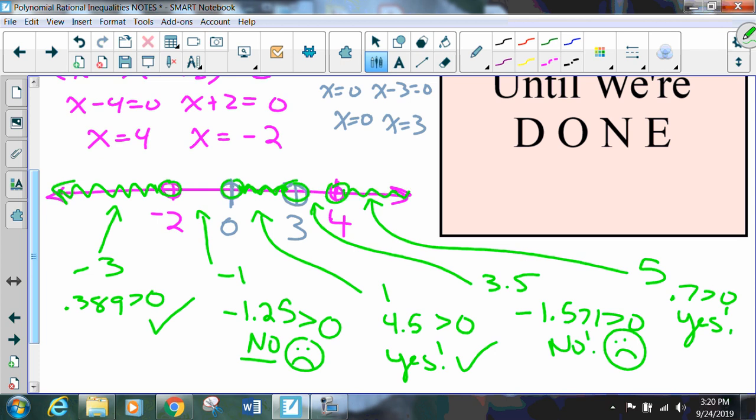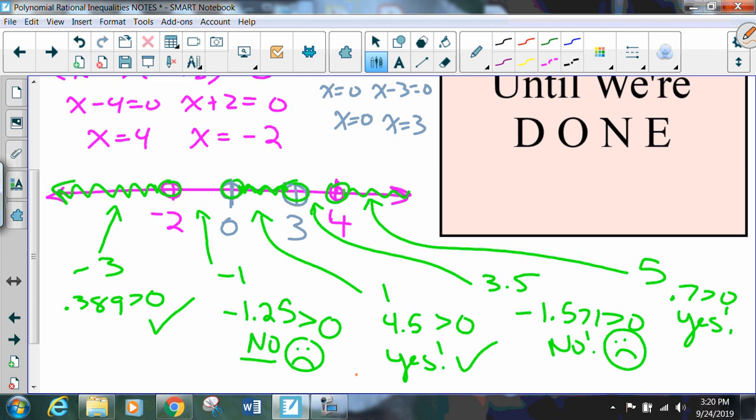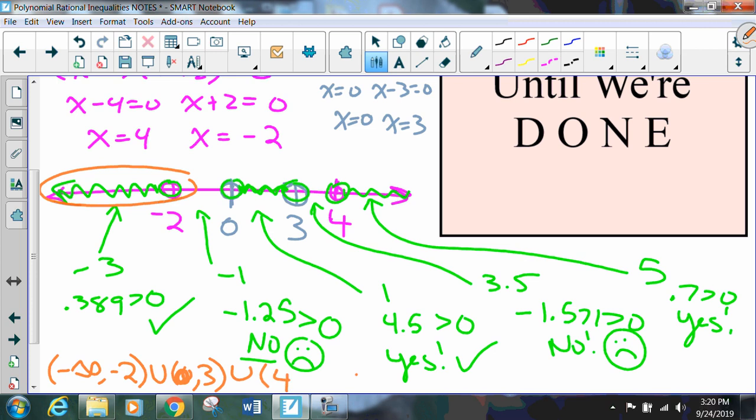And putting this all together, I'm probably going to need a different color because that was hard to see, wasn't it? All right, let's go with orange, and let's put this together. I'm going to go ahead and do this part first. So I've got negative infinity all the way to negative 2, not including. X could be in this interval, or it could be in the interval between 0 and 3, but not including those. That's supposed to be just a 0. Not sure what's going on there. Or it can be in the interval from 4, not including 4, all the way to infinity,